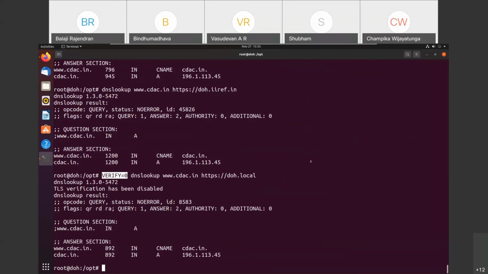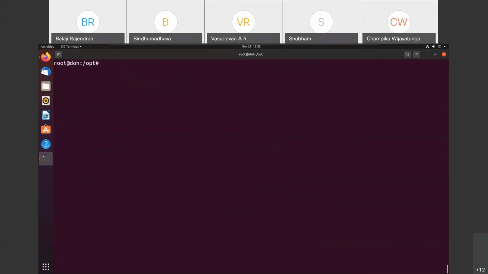Now another method of verifying is through curl. So I can add curl --doh-url and the URL of the DOH server. Suppose doh.iiref.in, and then I can give the website that I want to access, https://iiref.in.